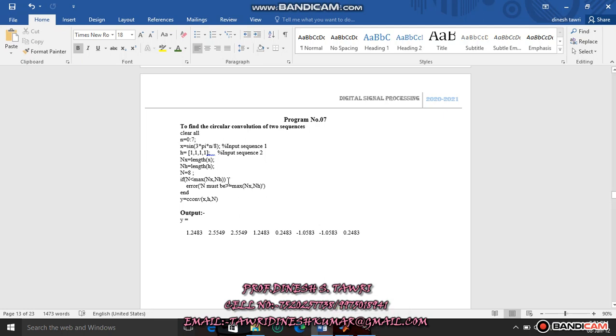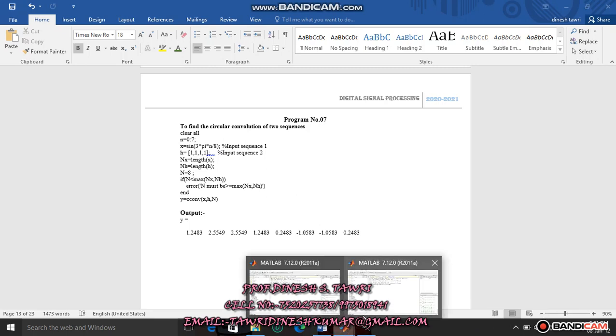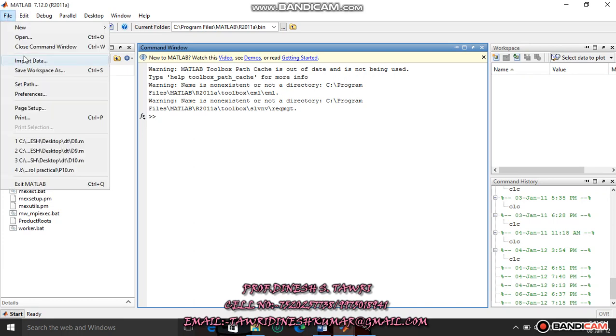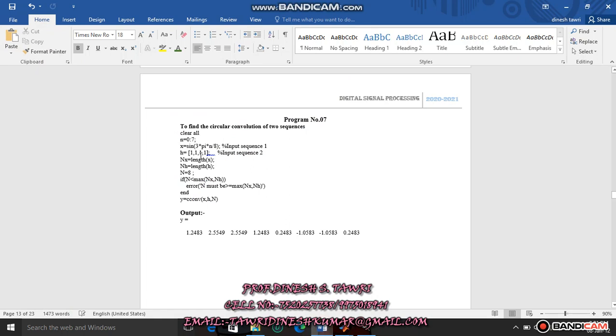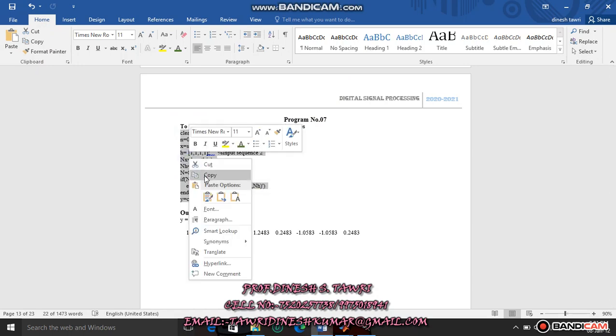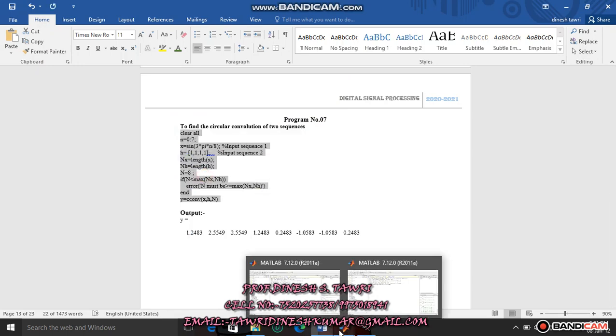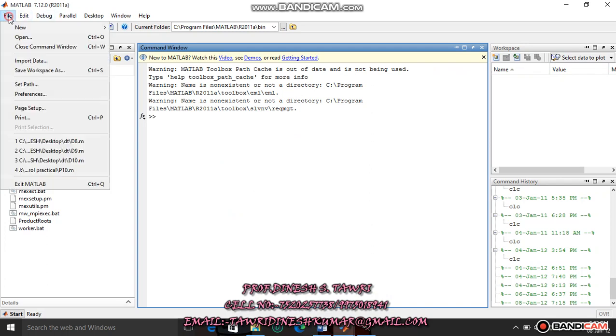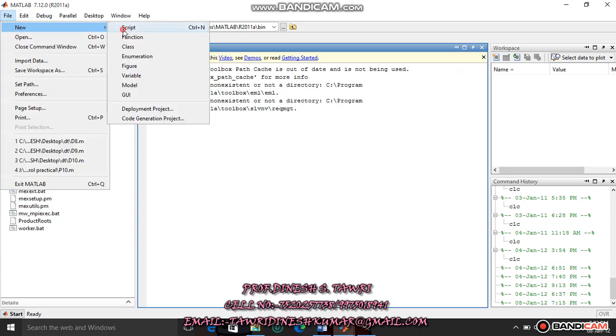Now I will copy this program into MATLAB. Here I copy this program as it is into a MATLAB script file. So, new script file.